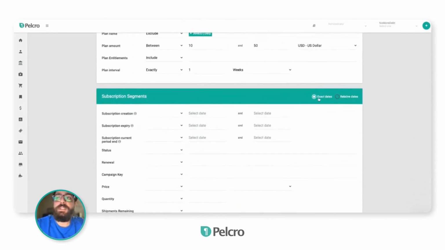The difference between these two radio buttons is that one is static in nature. So if you use exact dates, you're able to target subscriptions, for example, which were created between specific absolute dates. So let's say I want to target all of my subscriptions which have been created in September. All I need to do is fill in the date